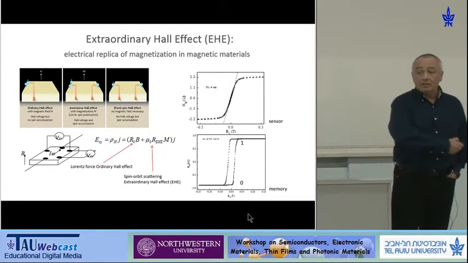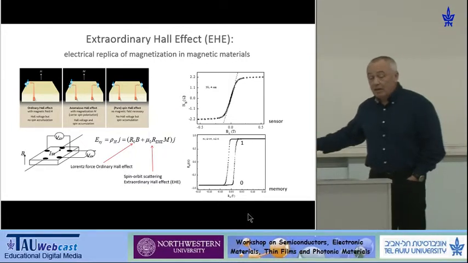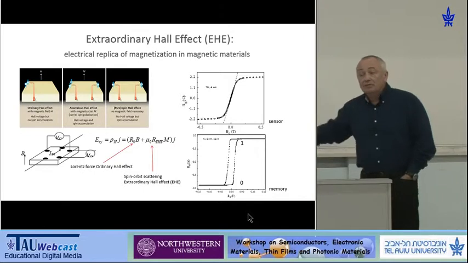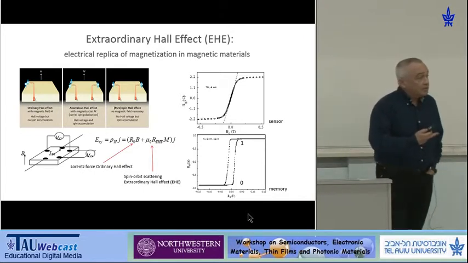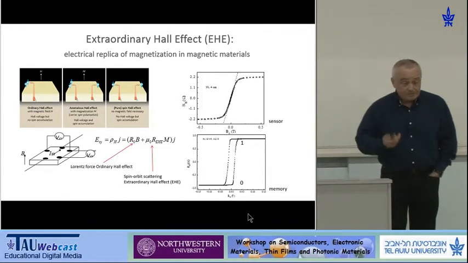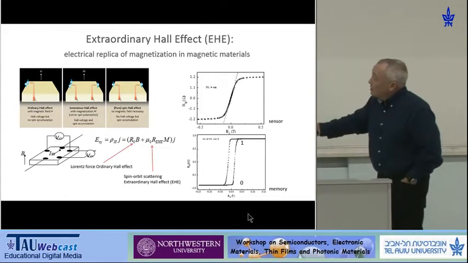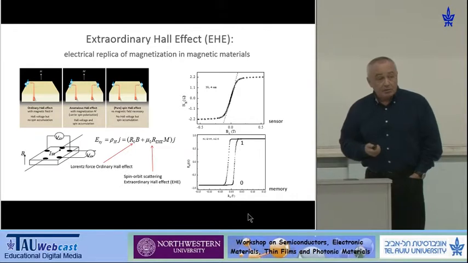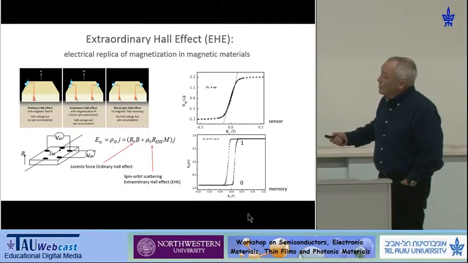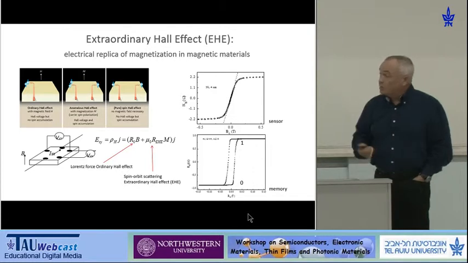Spins up go one direction, spins down go the opposite direction, but since their number is equal, we have no electrical charge separation. We have no electrical field in the direction perpendicular to the current, but we have a pure spin Hall effect, as it is called today. But I shall talk about this one, the anomalous or extraordinary Hall effect. So we take a ferromagnetic film and we push the current and we measure the electrical field perpendicular to the current,